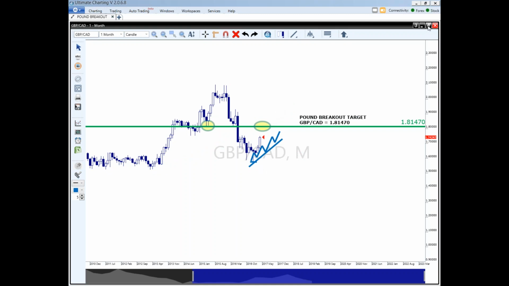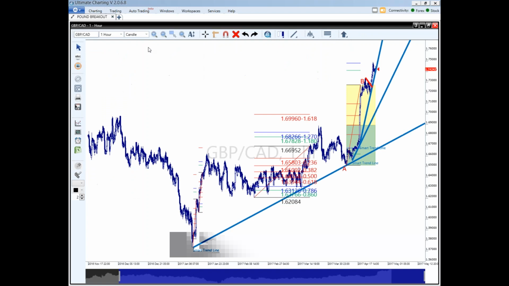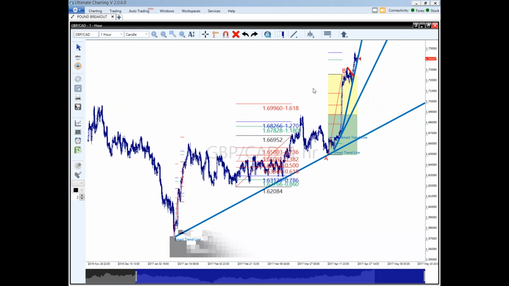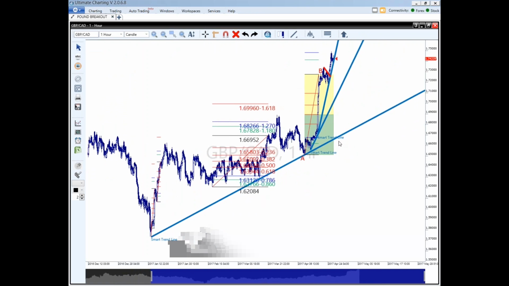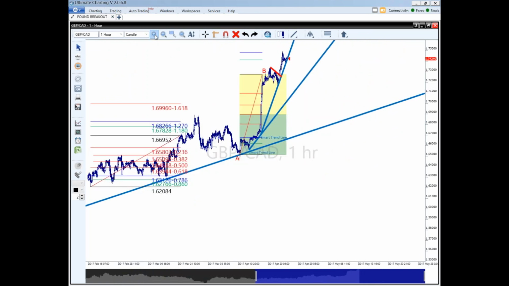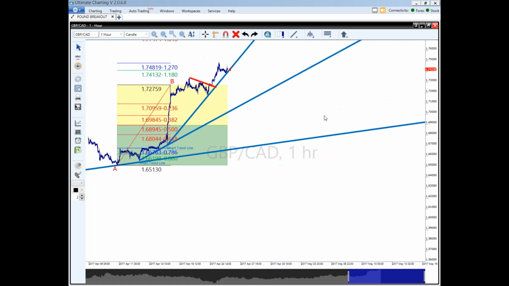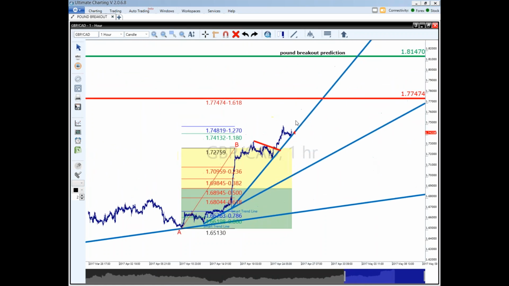So we began our analysis from that low. On the 1 hour time frame, this is what it looks like. Okay, we began with automated Fibonacci's, and they have pretty much painted the way on what's taken place. We've drawn our long-term outer and inner trend lines here, and so the most recent AB boundary here, as you can see, is going to be for the 60-minute time frame. 1.65130 is the A, 1.72759 is the B, and as you can see, the C pullback is very shallow here,